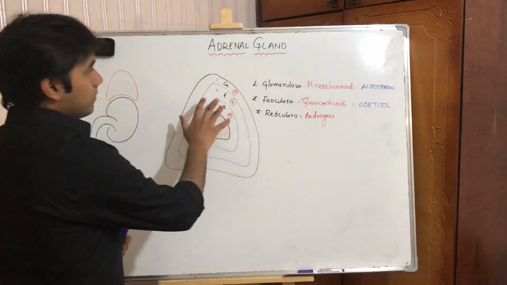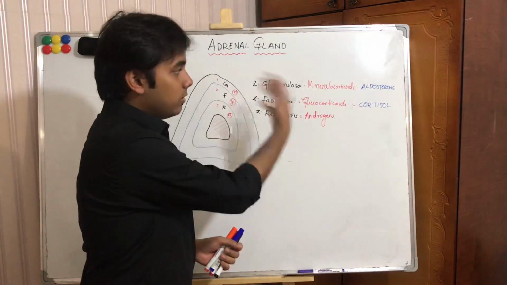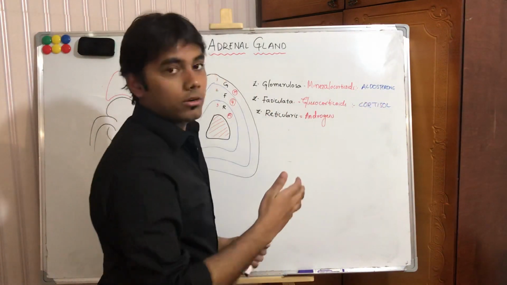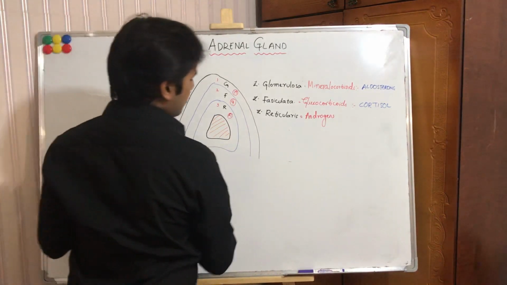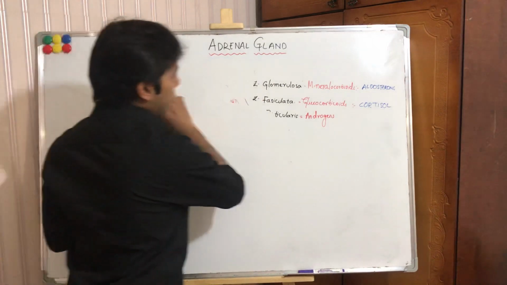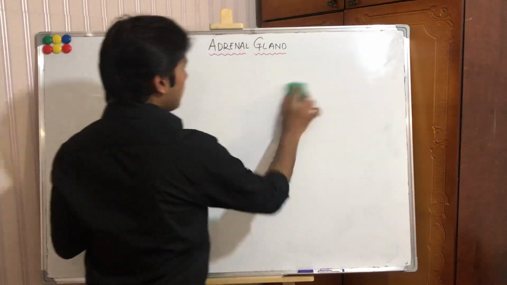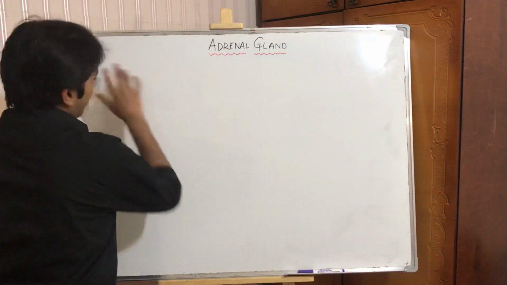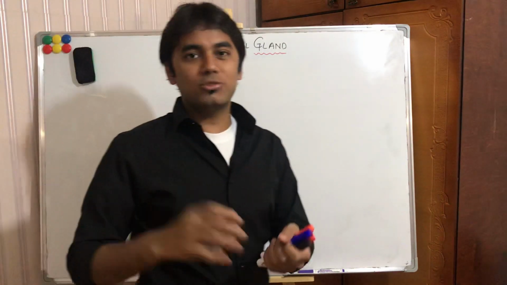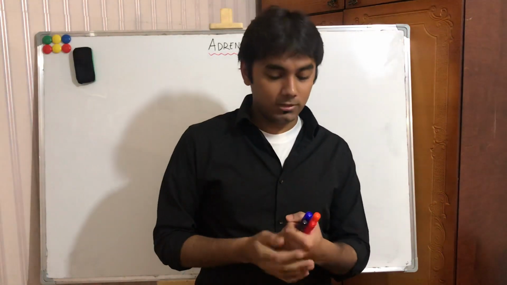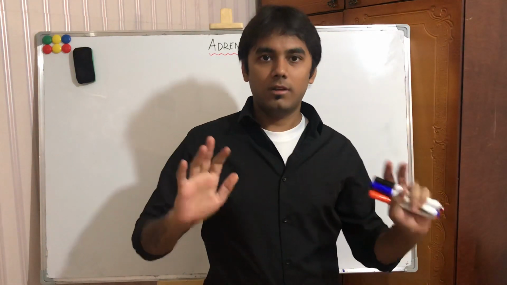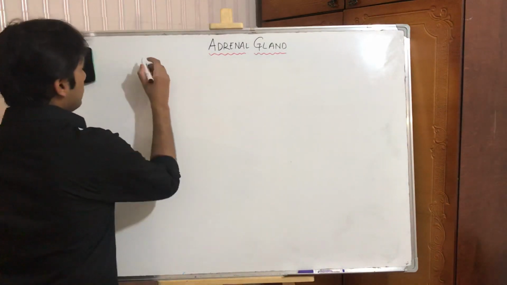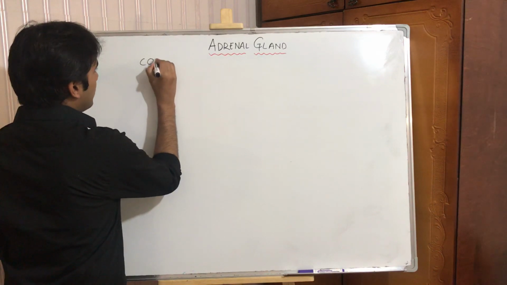Okay, so this is clear, right? So we'll go to the next step, I mean the effects of cortisol. So what are the effects of cortisol? There are many effects. When you study one book, there will be some effects. When you go to another book, there will be other effects. So you'll be confused, but you have to remember all those effects. So I'll give you 6 major effects, and that is enough, right? So you need not get confused by reading any other book.